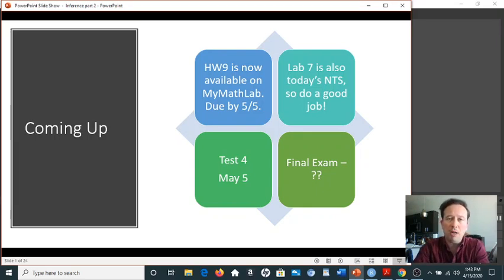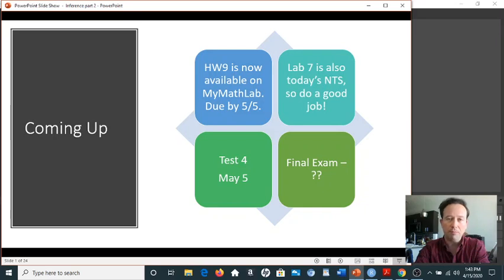Before I start the lecture, I would like to point out a couple things that are coming up. First thing, homework number 9 is now available on my math lab. You have until May 5th at 11:59 p.m. to complete homework number 9. Also on May 5th is test number 4, and we will conduct that the same exact way as we did